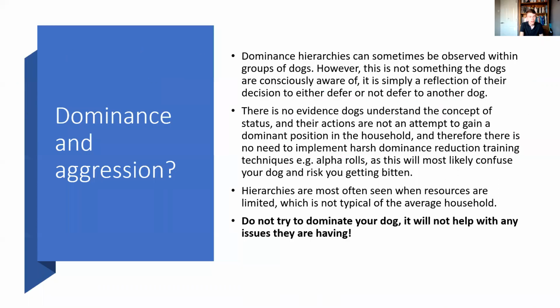So one question that I'm often asked in relation to aggression is whether it is related to dominance, and whether an owner dominating their dog or taking control over their dog is going to reduce aggression. Unfortunately, it's not that simple, because it would be great if you could just put in some dominance-based interventions and that would solve the aggression problem. But unfortunately, that's not really how dog behavior works. That's not really how social groups in dogs work.